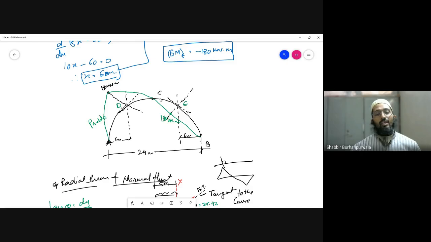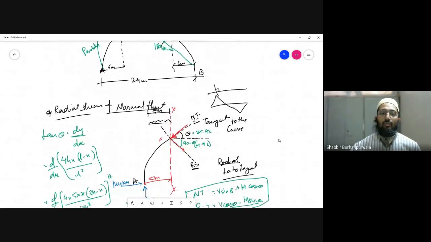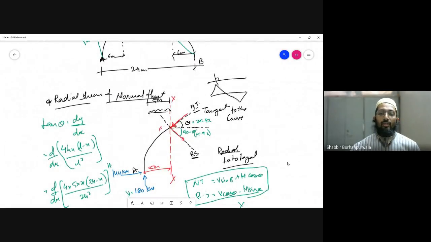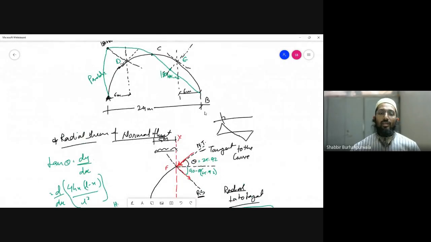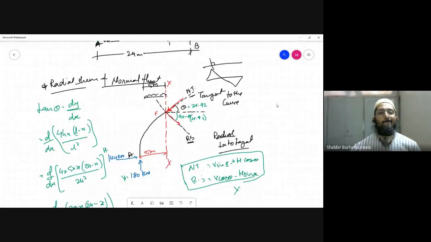Because from point A to C there is a UDL acting, the curve will be parabolic, and from point C to B the curve is going to be linearly varying because there is no load acting in that particular region. Okay, so the line is going to be a straight line. Now